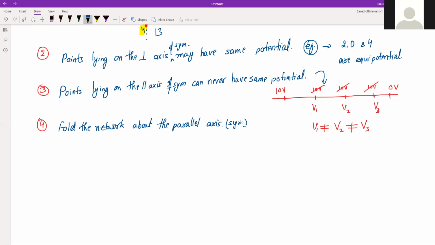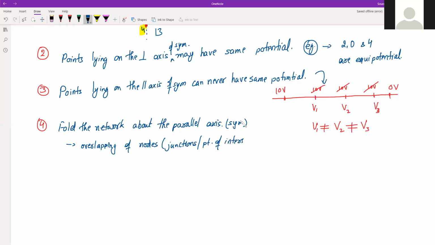And a few points will overlap the nodes of the other section. So due to this, there will be overlapping of nodes. What are nodes? Nodes are nothing but junctions or points of intersection,